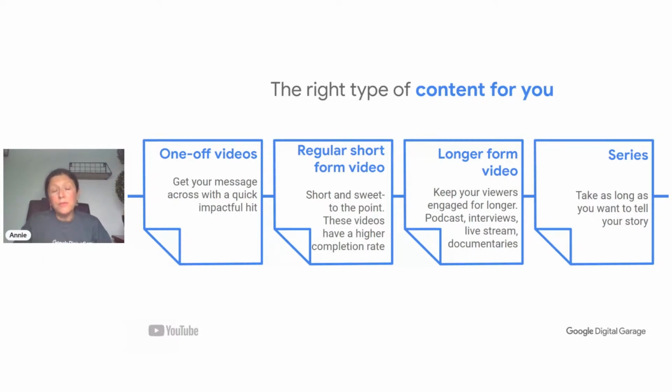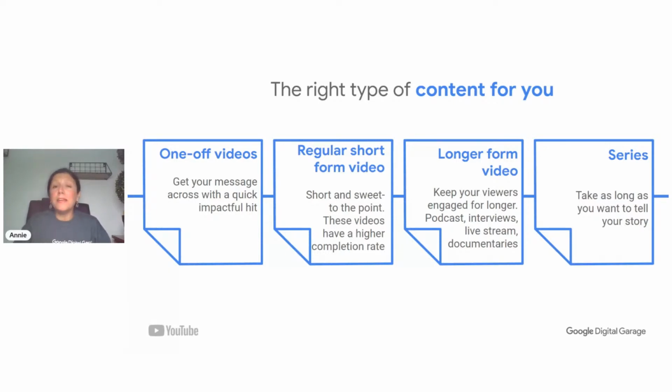So longer form video, this is if we, for example, want to document a longer view of the information. So we do it over a longer period. And that normally means more than 3 minutes. And it could be something like a podcast, an interview. Interviews are very popular. It's a way of getting more than one opinion, and also recording live those podcasts. That is becoming more and more interesting to people. Also, live streaming and documentaries, they could be something that we do in the longer form video. So different kinds of content require different lengths and different types of format.